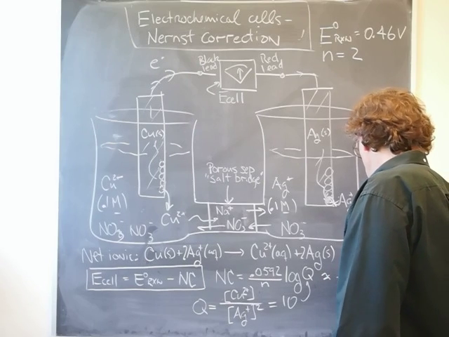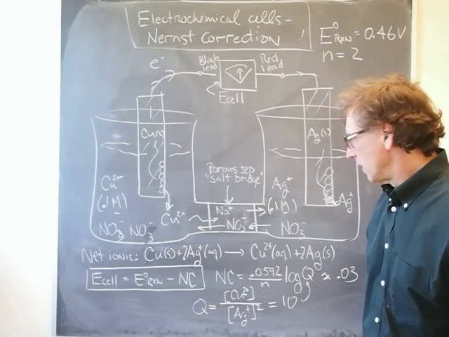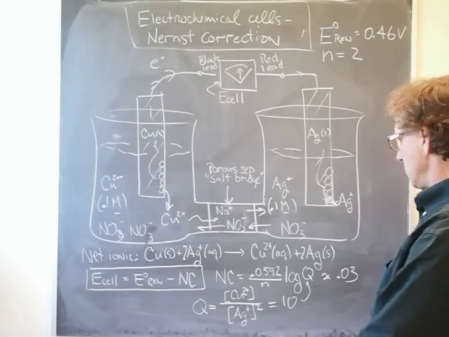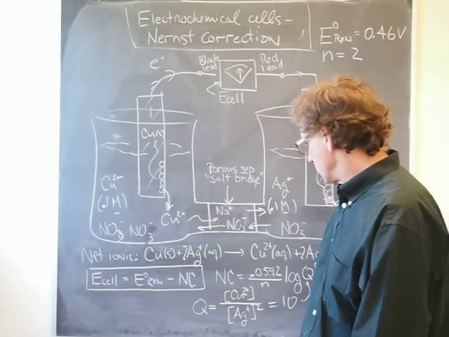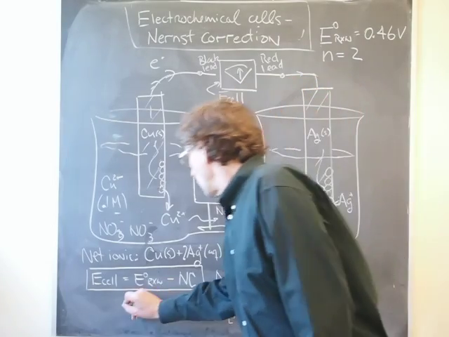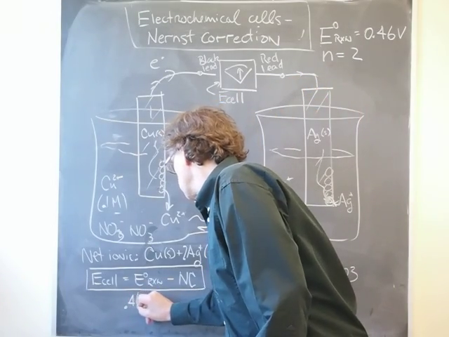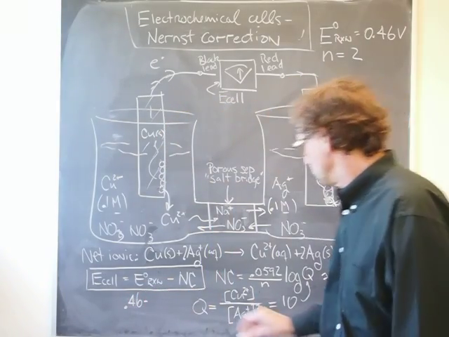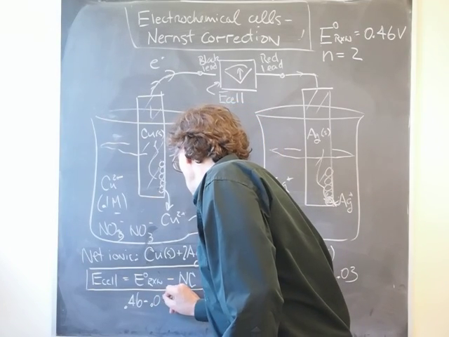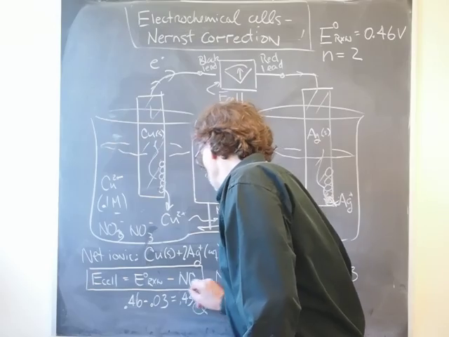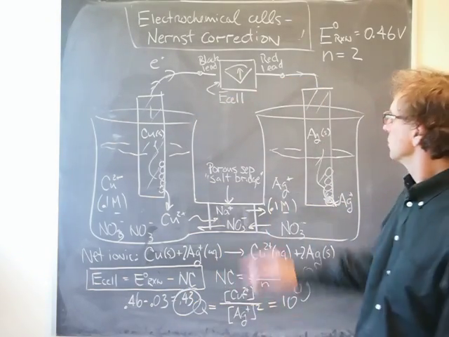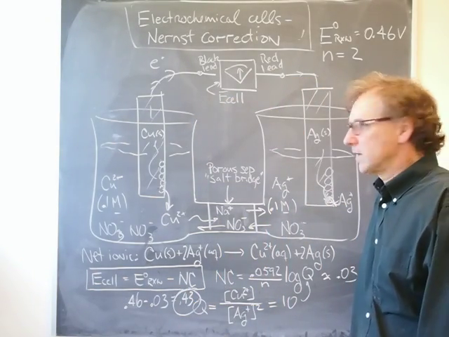So the Nernst correction looks like it's 0.0592 divided by 2, which is 0.03. Okay, 0.03 volts. So what's in the end our answer? Well, our answer, the cell potential that we'll read off here on the voltmeter, will be 0.46 minus our correction, which is 0.03 volts, or 0.43 volts. That's the cell potential that we'll read right off there